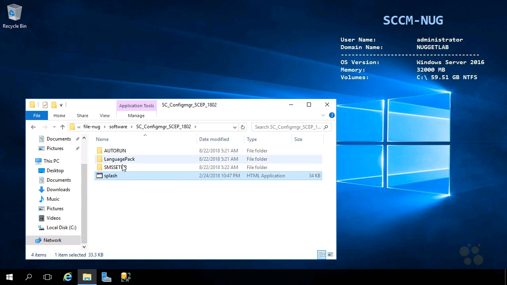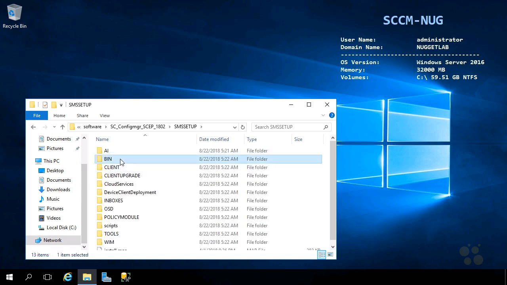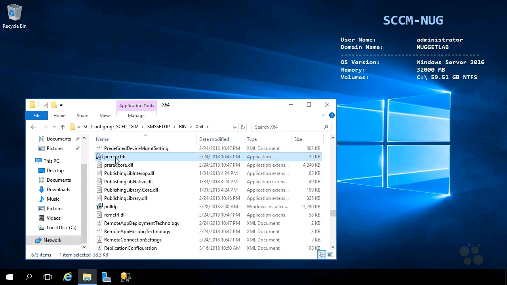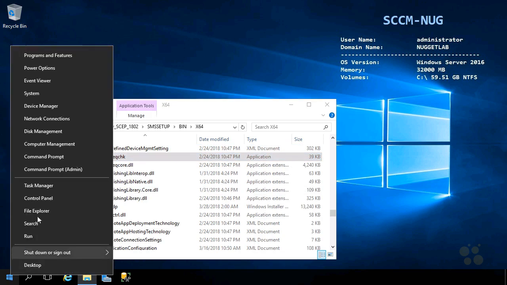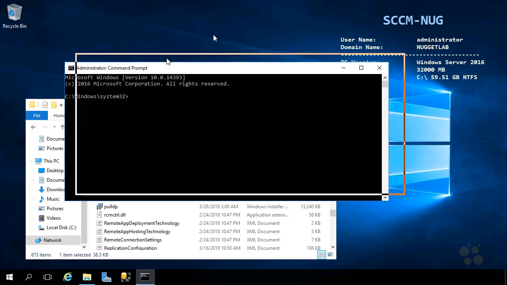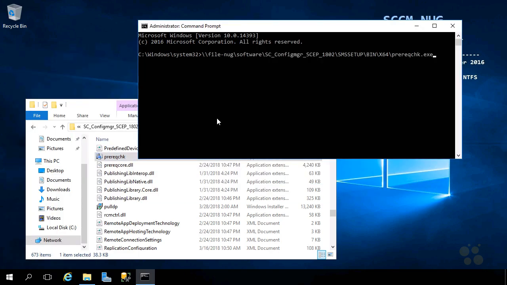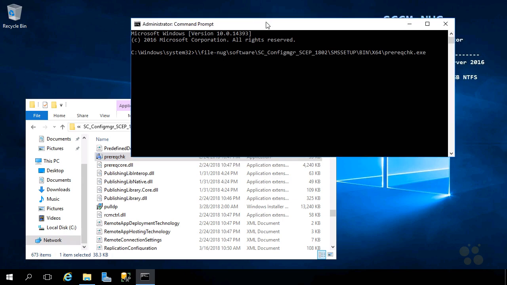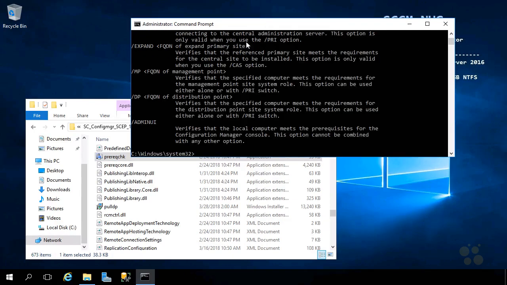You can find this tool underneath the SMS setup directory, bin, x64, and within here you can just start typing in PreReq, and look at that, there it is. Now I'm going to fire up an elevated command prompt and drag our PreReq Checker right onto it to get the path in there. Now if you run this without any parameters, then obviously it's going to give us help here,